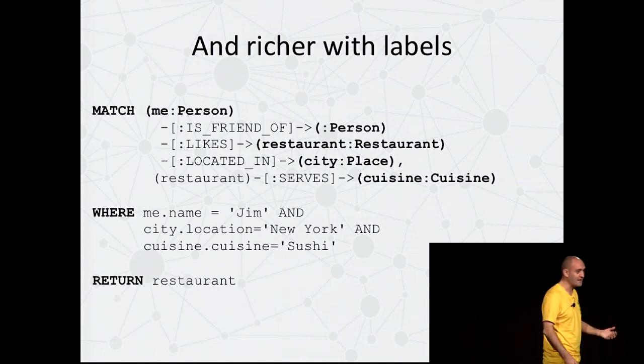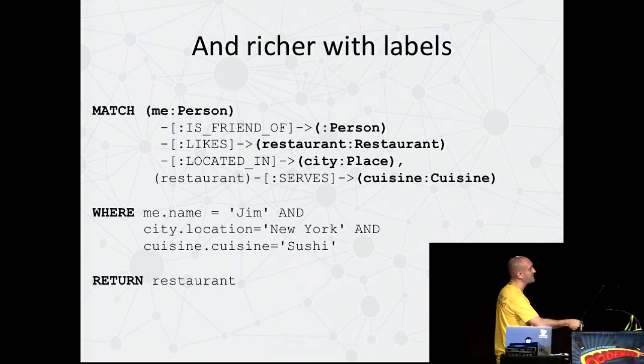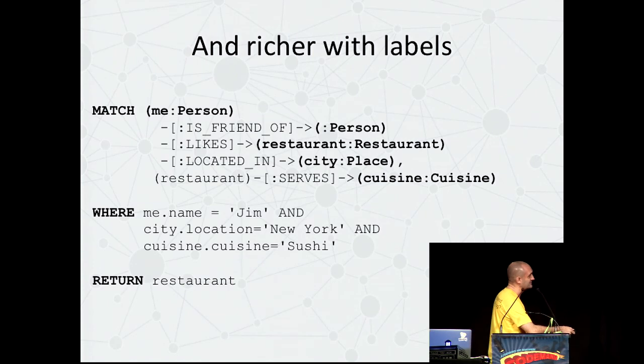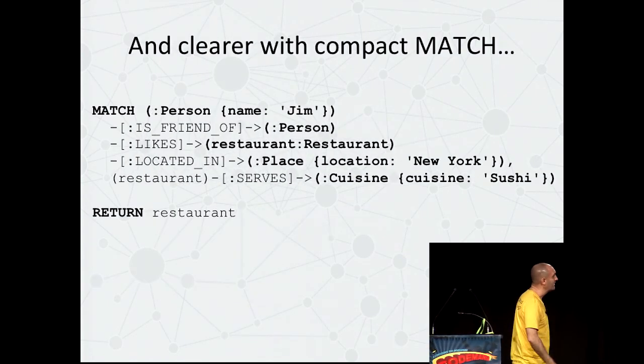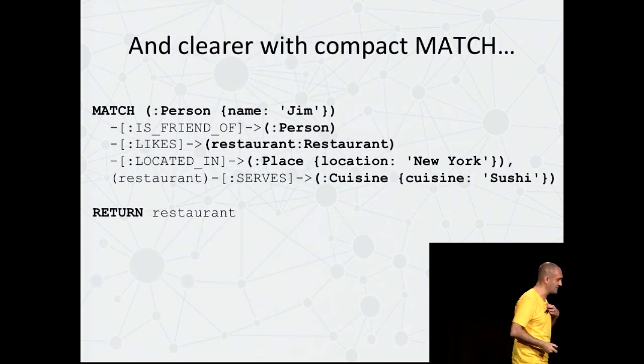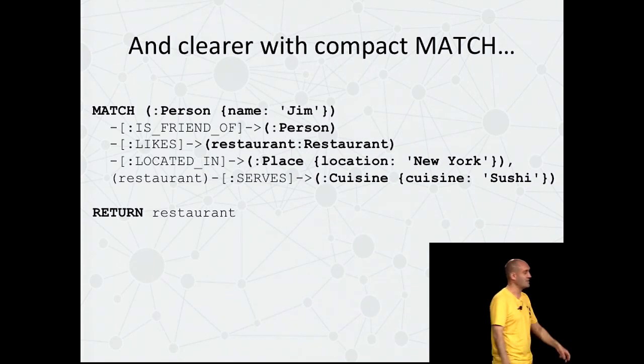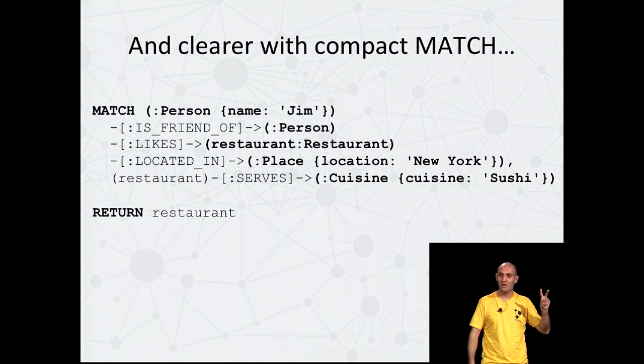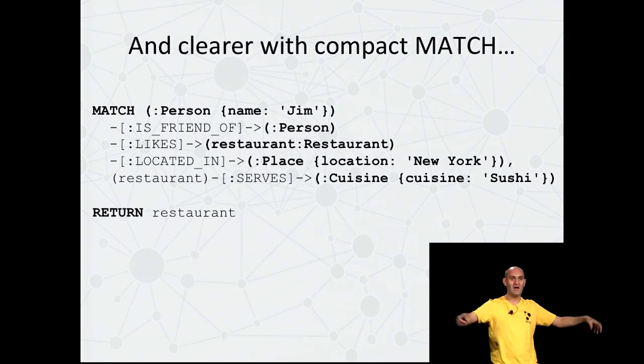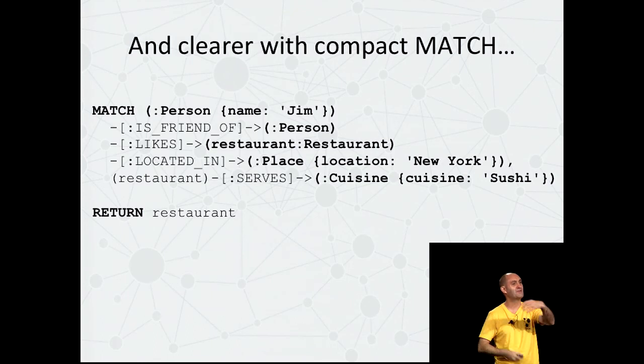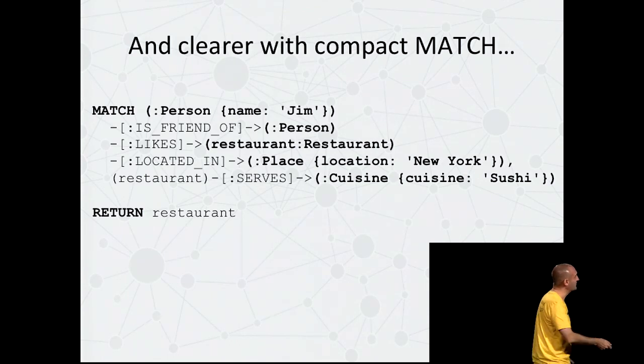You can enrich that with labels. You can make sure now that you are getting people, you're getting restaurants, you're getting places and cuisines. And in fact, then you could even compact it in Neo4j. You could take that rather long query and turn it into a 2-line query. All you're saying is, find me this pattern. I've got some graph data. It's all interconnected and lovely. Find me this pattern in that intertwingled data and tell me about it. And then finally, return a restaurant.